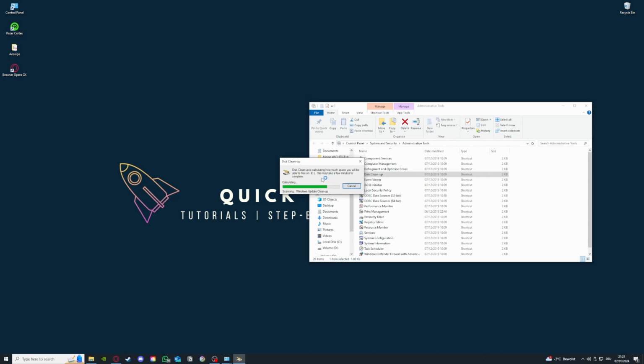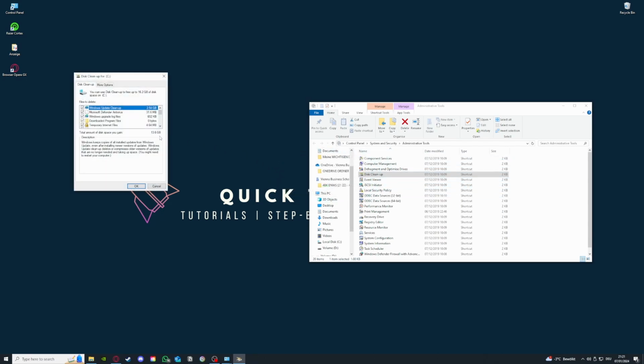And as you see with your SSD, there is a lot more to select. So I'm just going to go over that for a second. You see, especially my Windows Update Cleanup is very big. So we definitely want to select this, and basically you can select whatever you want here, but you should always be careful